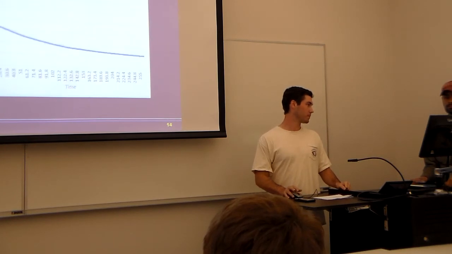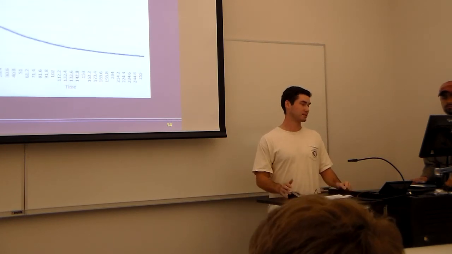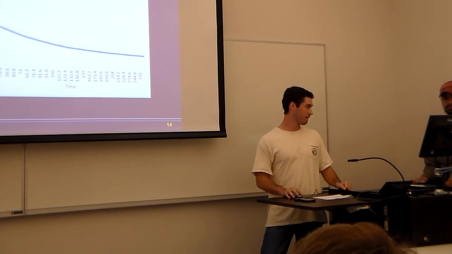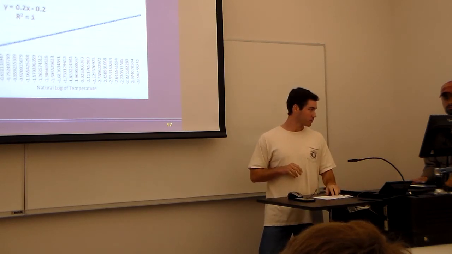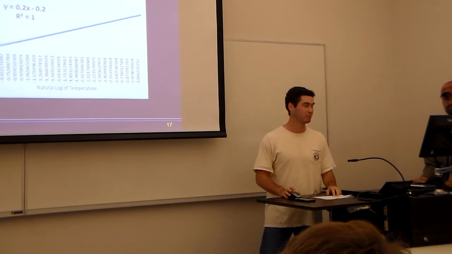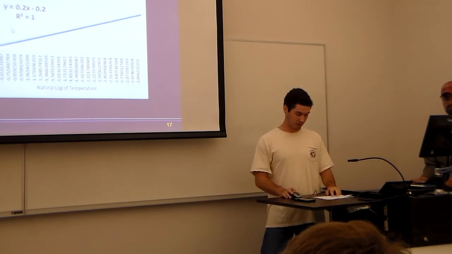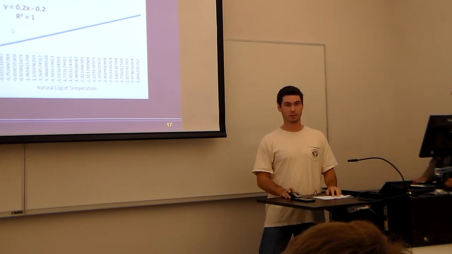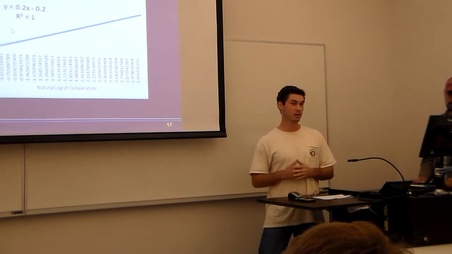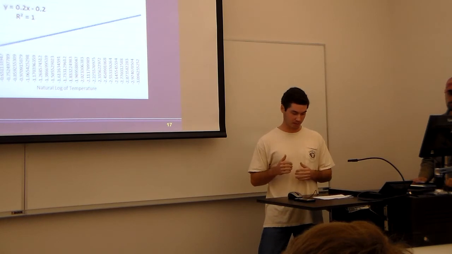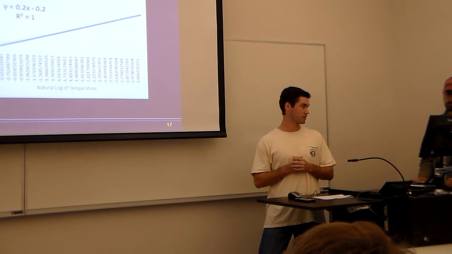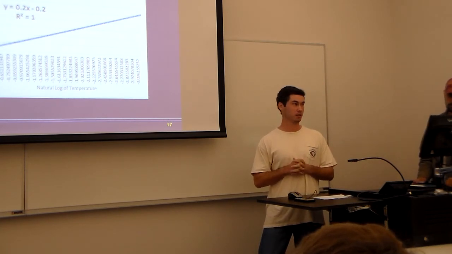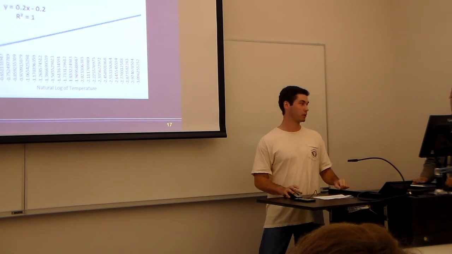So during the removal from the boiling water, you can see that's a lot more steady. And then skipping ahead to the time versus the natural log of the cooling temperature, even though this equation is wrong again, I was having problems with Excel, but I had a time constant of roughly 82, which is going to mean your rate of heat transfer is slower than with boiling water. This is because the ambient temperature difference is such that there's not as much of a temperature gradient in the atmosphere as there would be in boiling